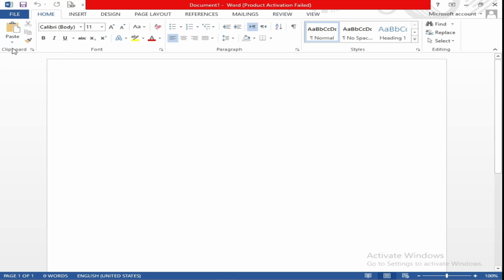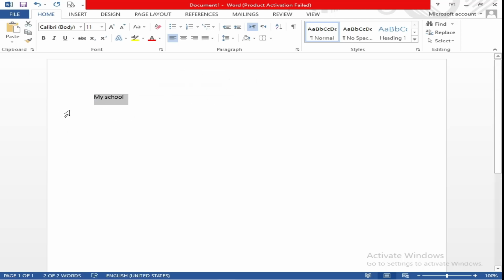As you can see, there is a paste option. For example, if you write here "my school" and you are going to select it while holding shift, or you can simply click the left mouse button and select it.